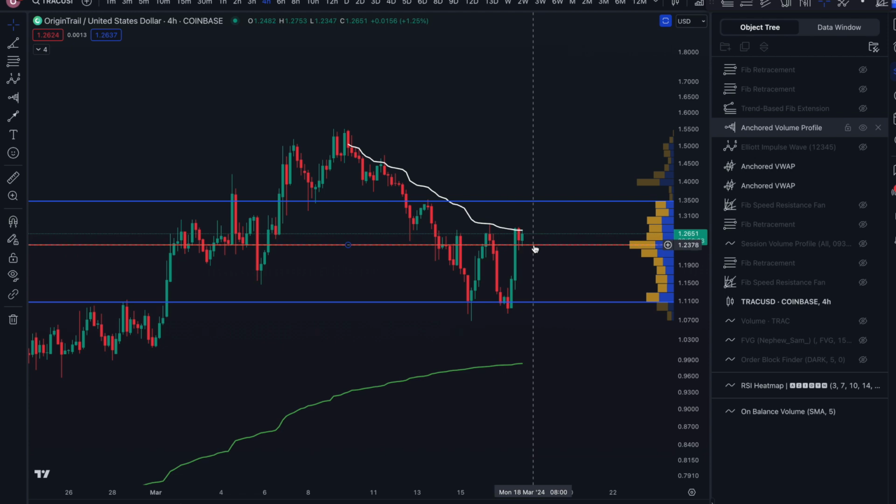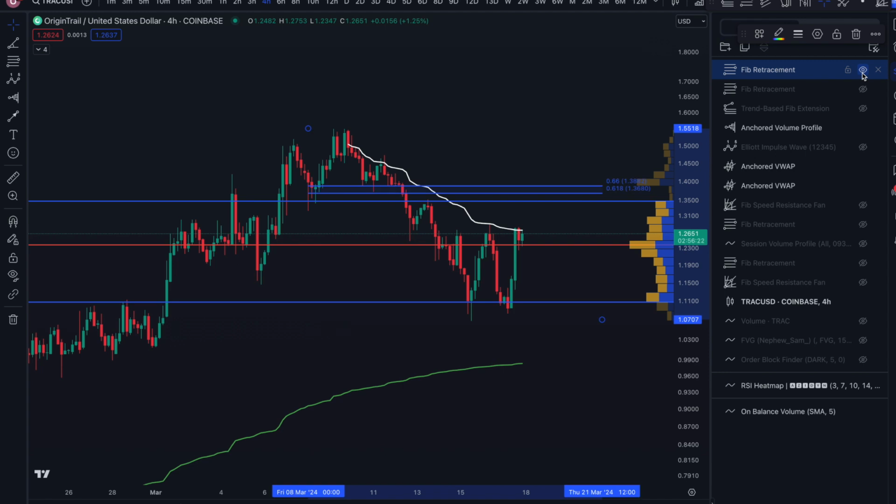Okay, so we're on top of the point of control, which can take us hopefully to $1.34, and I bet if I put on that fib retracement, it's going to come right there. So this is going to be a heavy area of resistance. We break past all of this resistance, and then we're going to get probably to that $2 or further on,